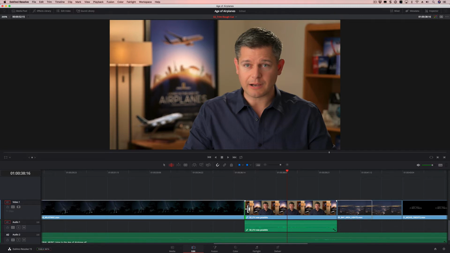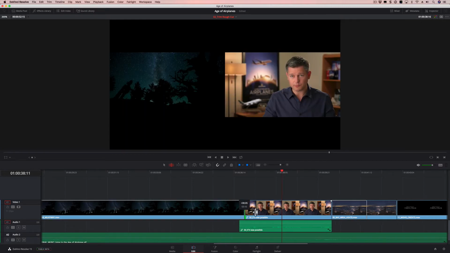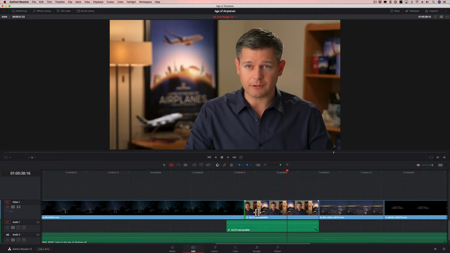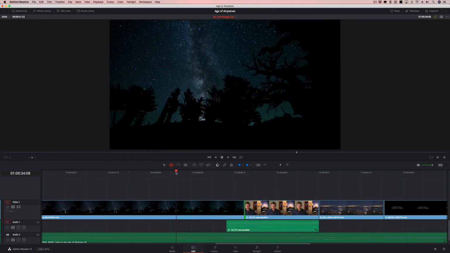And when you start to trim it to the right, you'll take off frames from the beginning of this and point out what happens to the audio. The audio doesn't trim, it just moves over so that they can stay in sync. And then when you play it back,